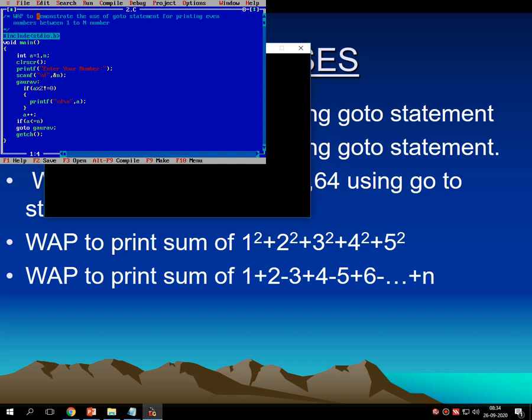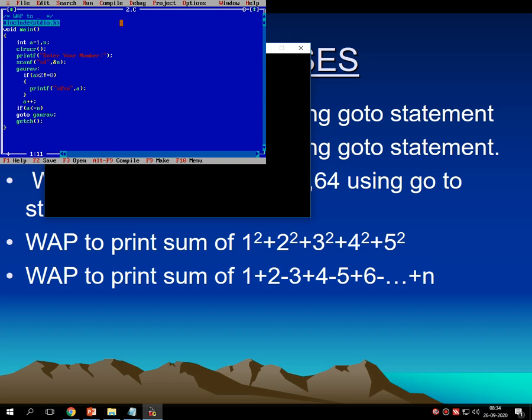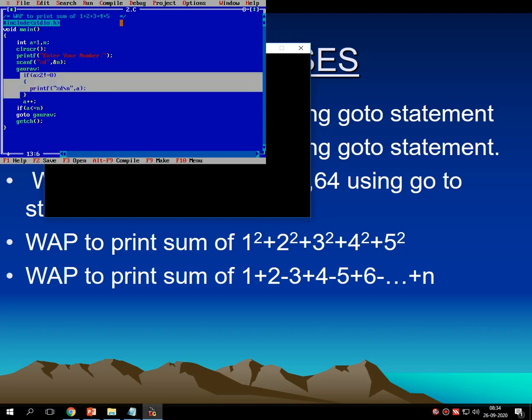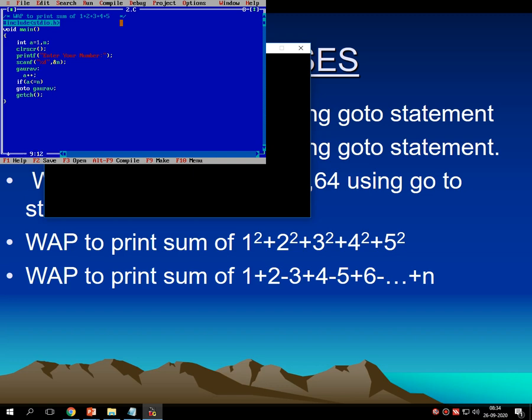Let's start the code. Now write a program to print, I make this comment very short. Write a program to print the sum of 1 square plus 2 square plus 3 square plus 4 square plus 5 square. Here I am unable to write square. You have to write it in your journals, right? 1 square, 2 square, 3 square up to 5. So it's a matter of printing first 1 to 5 numbers. So let me print 1 to 5 numbers first.